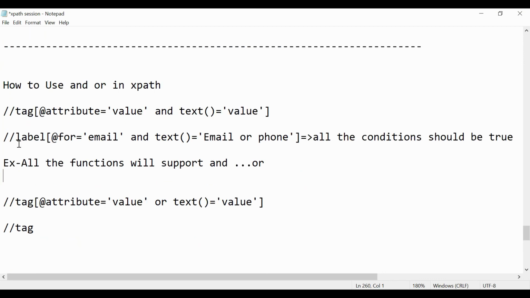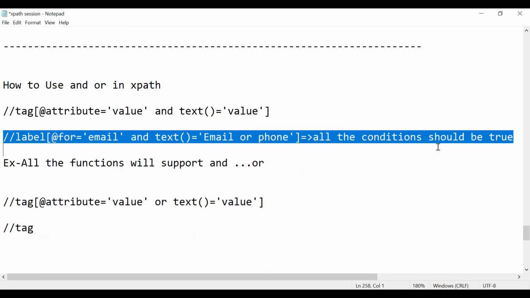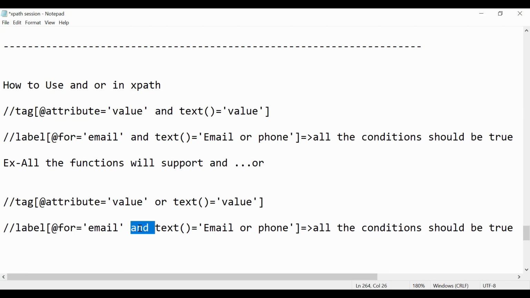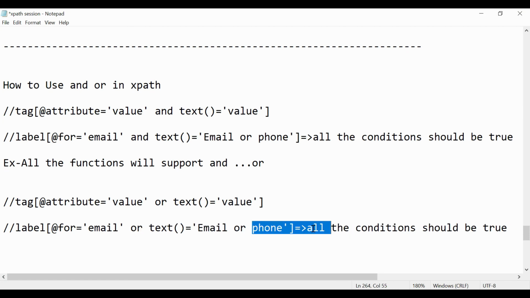So what will OR do? If you use OR here, at least one condition should be true. Okay, so you can use any number of conditions here.